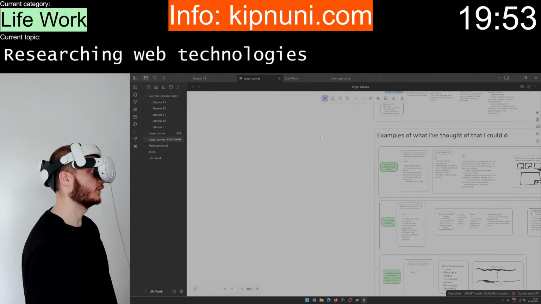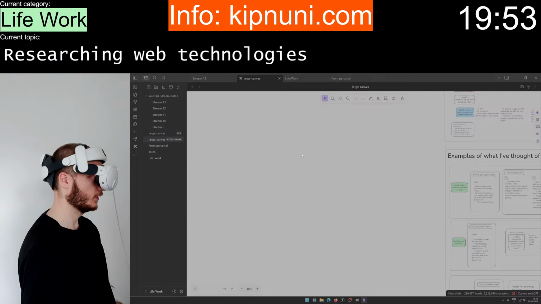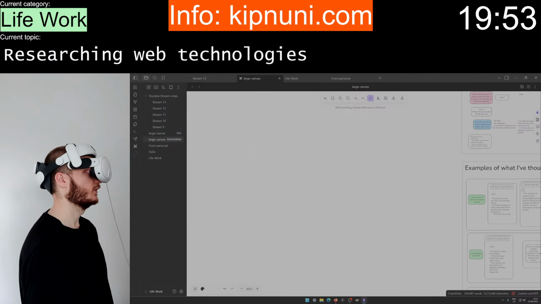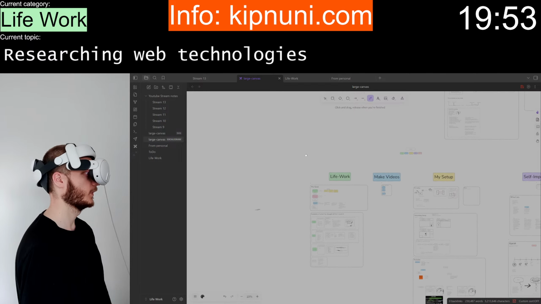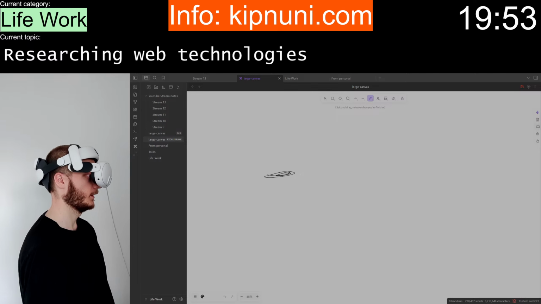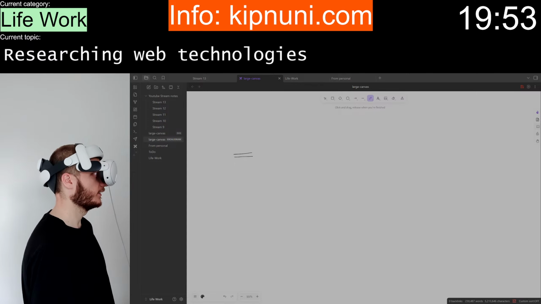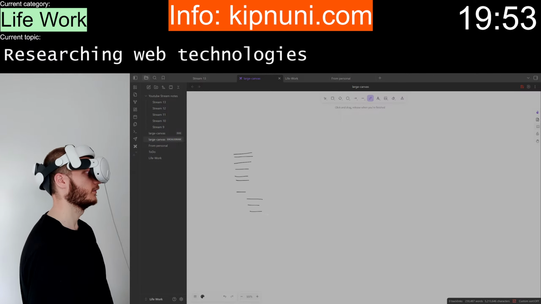If I were to visualize my thoughts, so if I have here, we should make it bigger. So if I have this structure here, and then I could have subfolders.